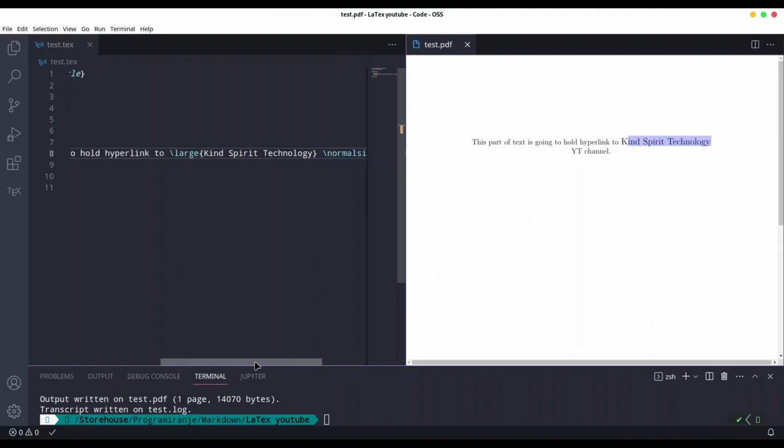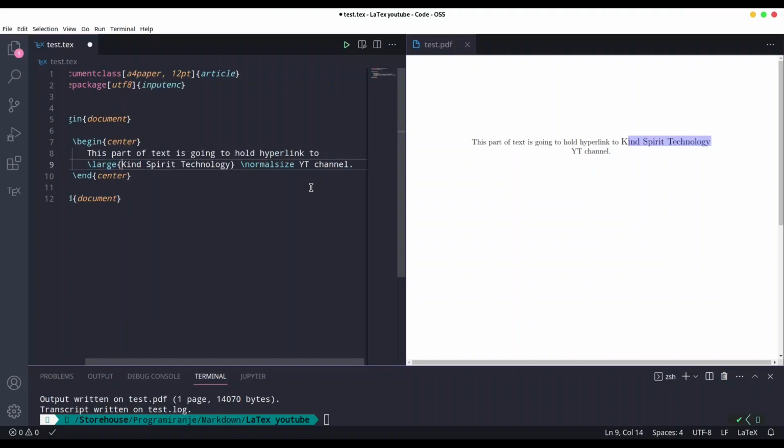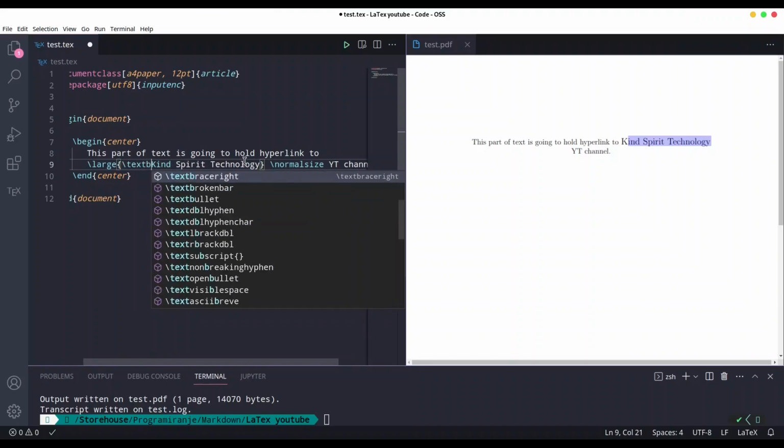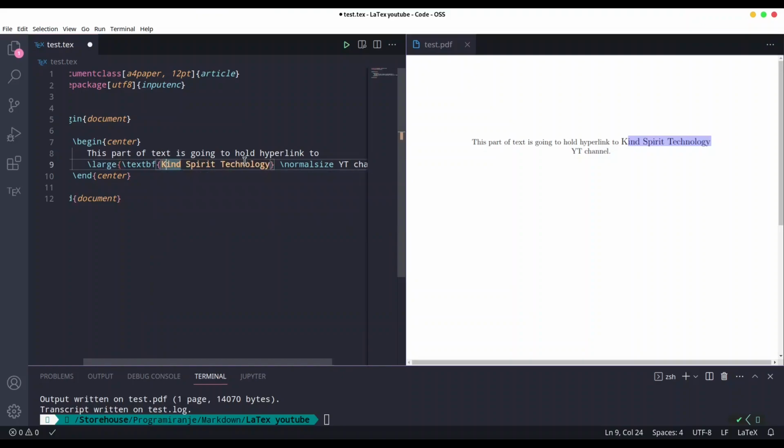And now we could do something else. We could turn this text into bold. How to do so? Inside of these curly brackets, provide another command. Text BF for bold. And wrap this part of text into this second pair of squiggly brackets. Now I'm going to save this, and you see now Kind Spirit technology, it's both large and bold, and you